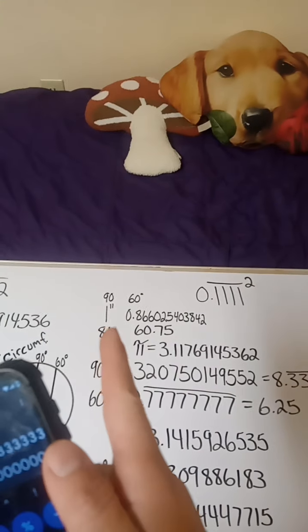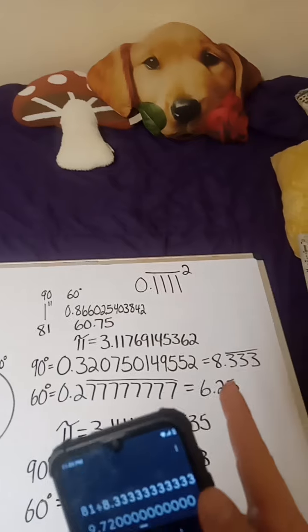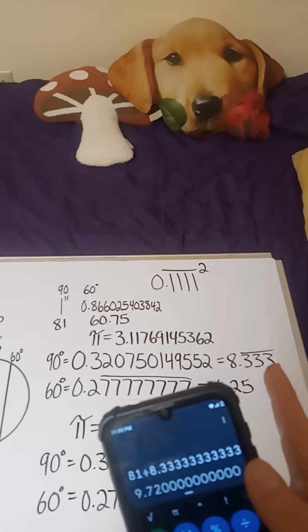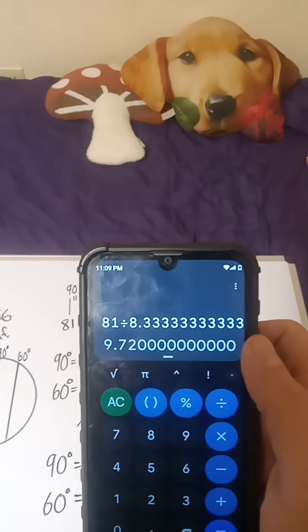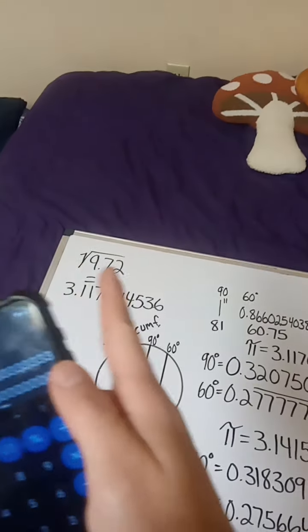If you take the 81 from the 1-inch diameter and the 8.33 from the 1-inch circumference and divide it, you'll see it equals 9.72, and the square root of 9.72 is